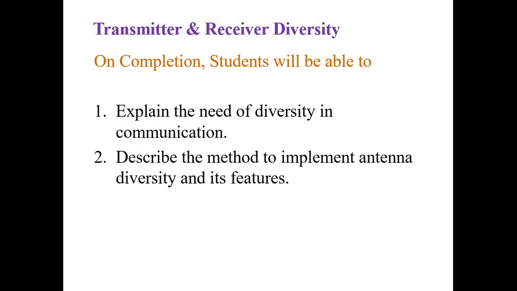We also know the need for diversity in communication systems, especially in wireless communication, where by deploying proper diversity on the transmitter side and also on the receiver side, we can maintain a good wireless channel between the base station and the mobile antennas, and also make a direct path between the transmitter and the receiver,